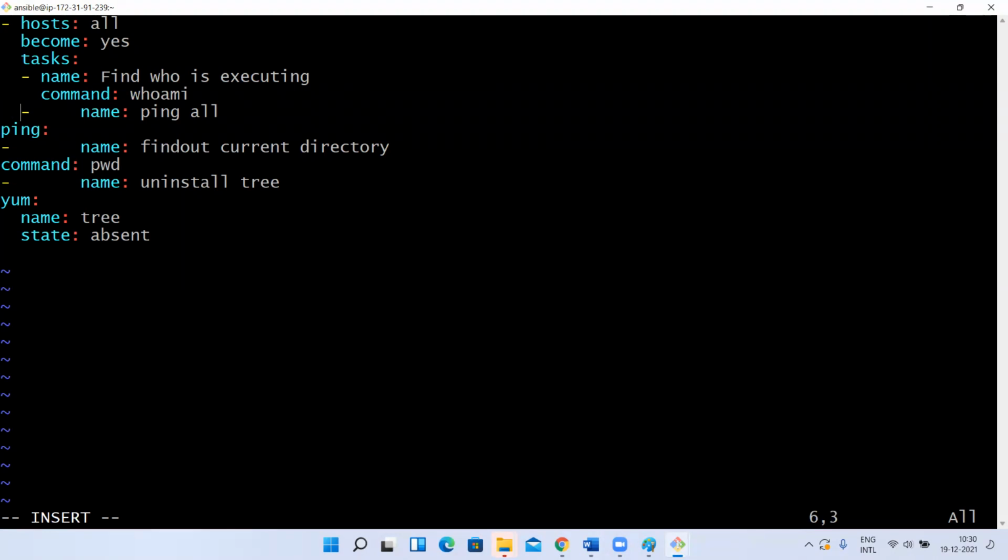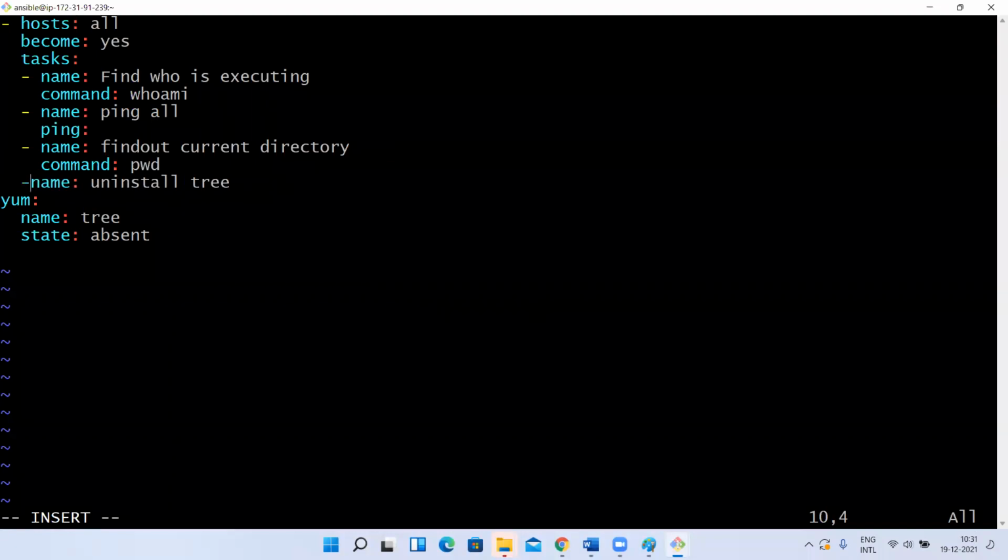Tabs will not work in YAML. I think there is one parameter I forgot, it's been a long time since I discussed Ansible. There is a set format option that will automatically set that. Anyways, let us do this for now.